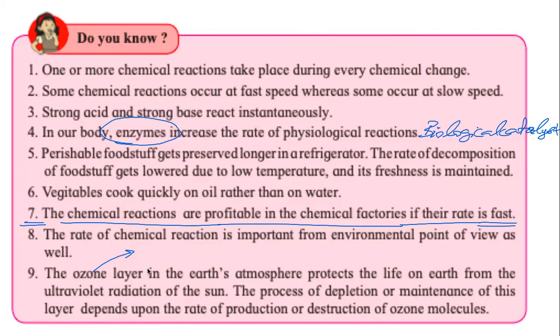Correct, Karthik, Khadija. The formula for ozone is O3. So ozone is also oxygen, but its formula is O3. It's a molecule of oxygen in which 3 oxygen atoms form bond, not 2. Generally, 2 oxygen atoms combine together to form a molecule of oxygen. But ozone is different. Here, 3 oxygen atoms combine to form a molecule of oxygen.